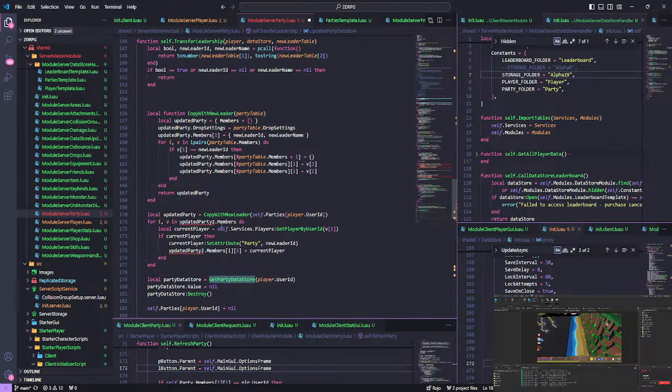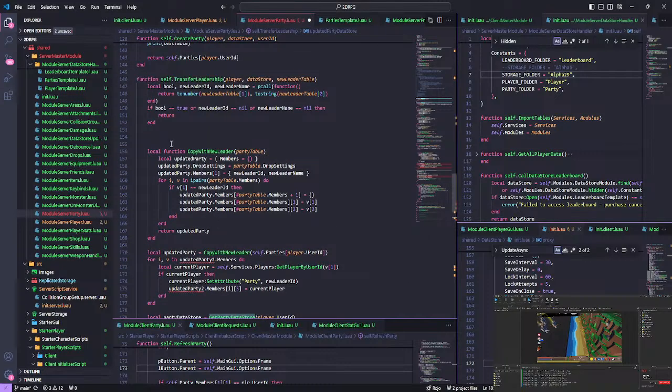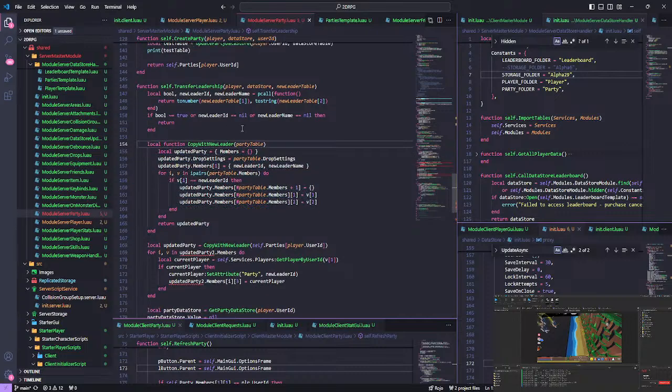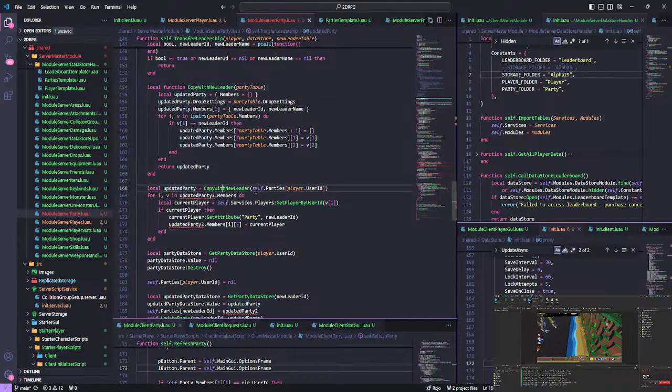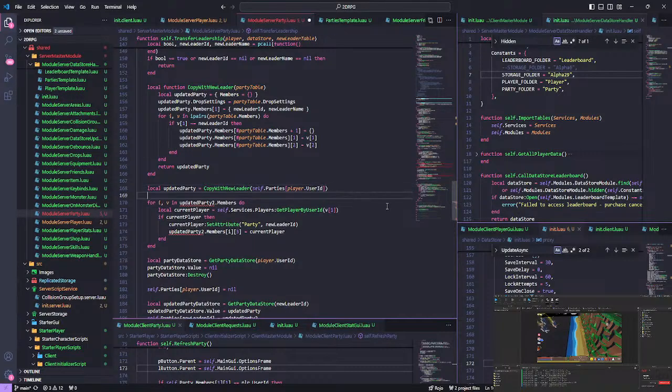Okay, so these are the major changes that have to happen. Oh, come on. Copy with new leader, that's fine. So we get the updated party there, but what happens here? What is this? In updated party members do